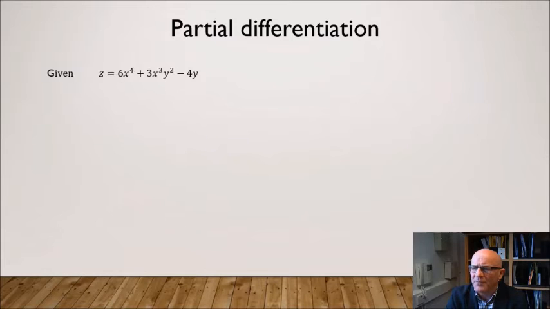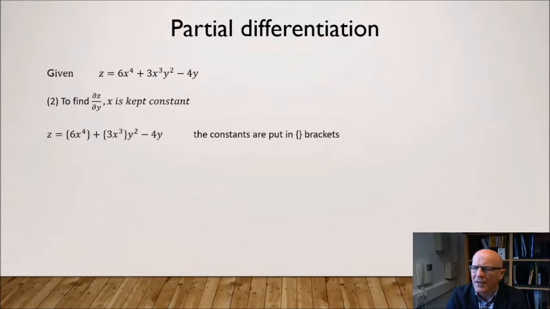We'll use the same problem. This time we're getting ∂z/∂y, x is kept constant. Again, the constants are put in the curly brackets. ∂z/∂y equals {6x to the power 4 constant} d/dy of 1 plus {3x cubed held